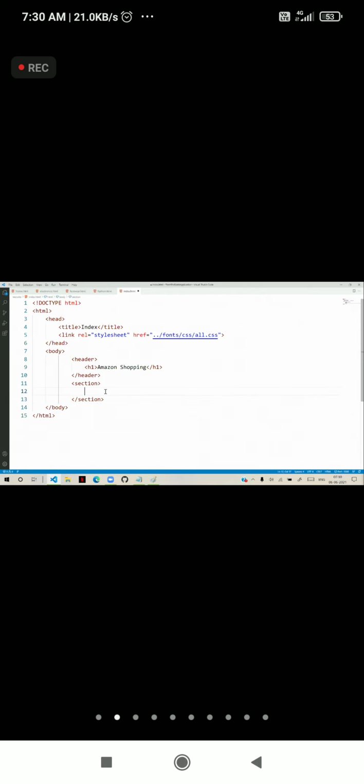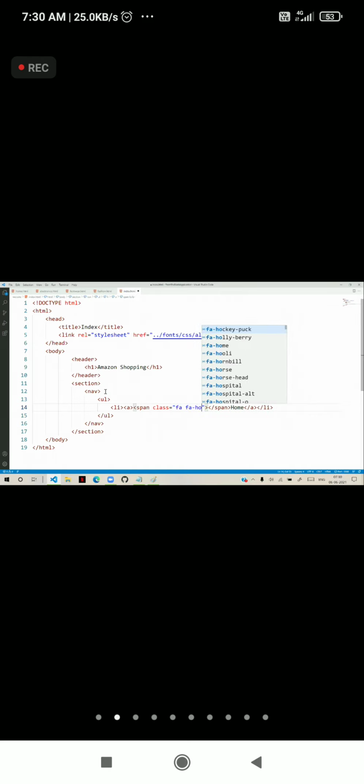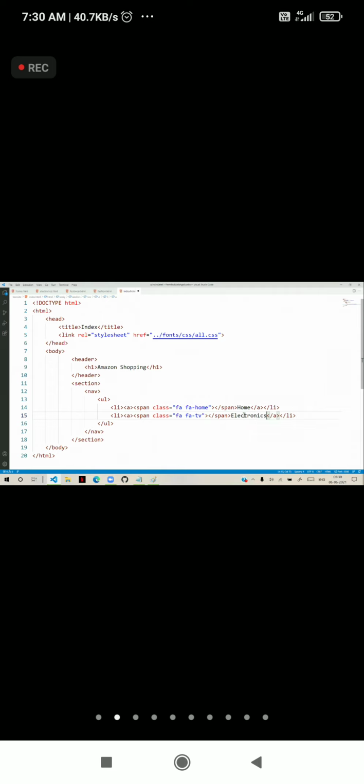And in the section, I am defining a navigation area. And in that we have an unordered list. So list item, anchor, home. And we will put a span with class equal to fa home. So we have another list item, like fa tv, and here we will put electronics.